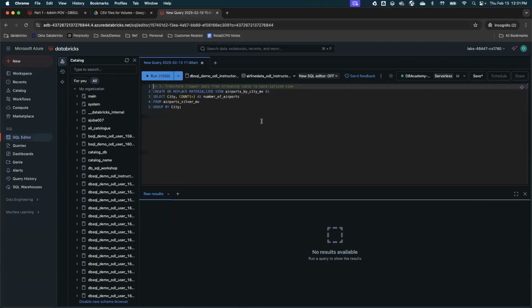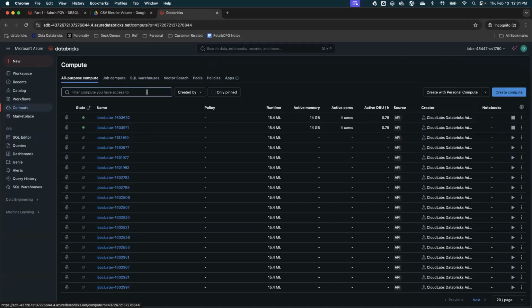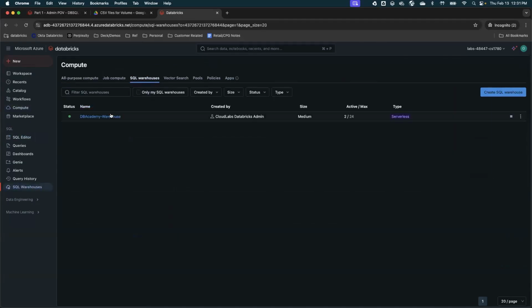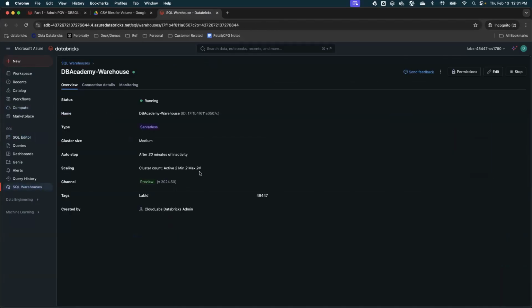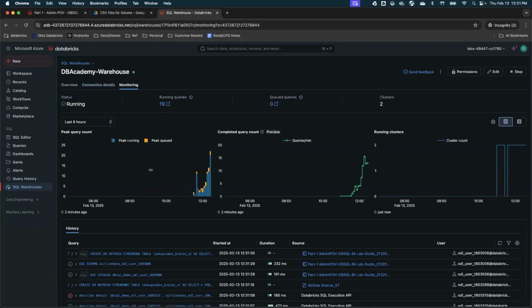That goes back to what we were talking about a long time ago: if you go to compute, you can always look here and use the scaling. Right now the scaling is increased to 24. If you go to monitoring, we are able to see the queries coming in and the compute increasing, but based on when queries are coming, the compute is optimizing and trying to push queries together. If some query is taking less time, they are probably better off queuing.